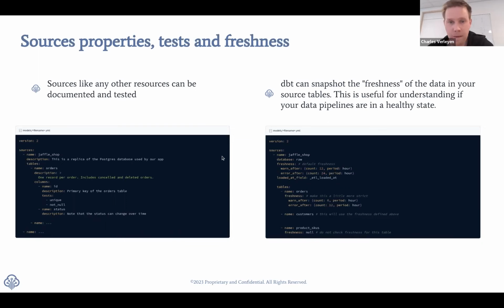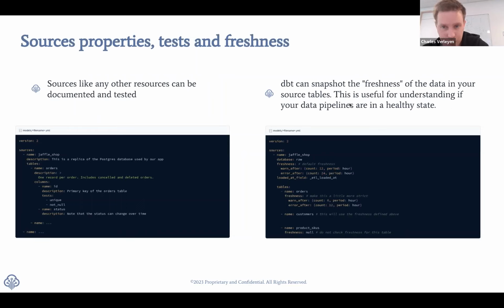It's highly recommended that you document your sources as well, because the source is really the layer between the data producers, so the operational database and the applications, and then the analytical database. If something goes wrong, we always go into the raw table, and it's important that each field is well described. That's how you can communicate well with